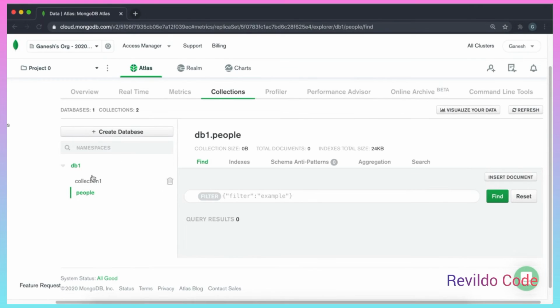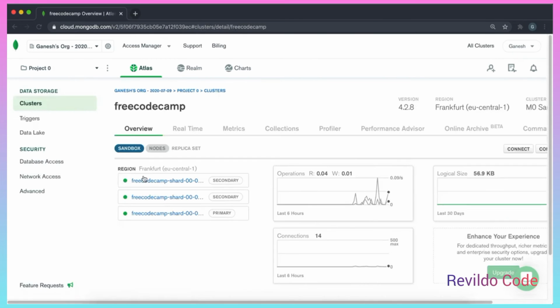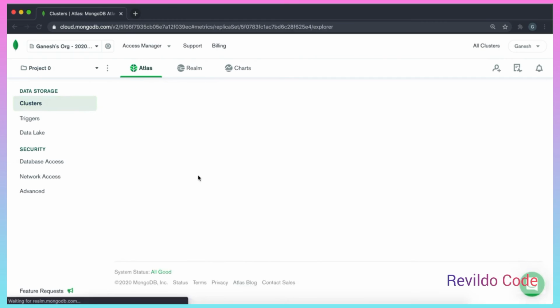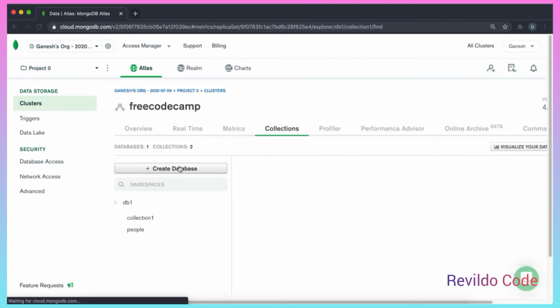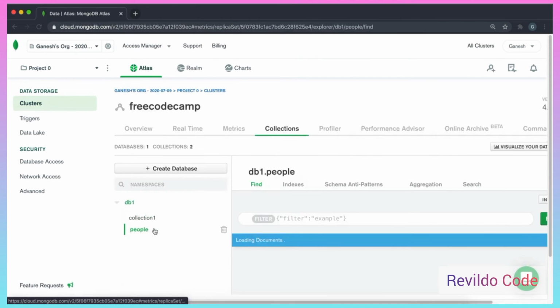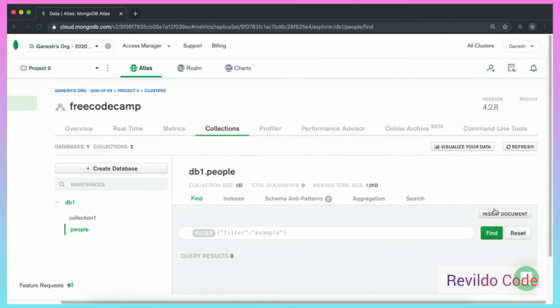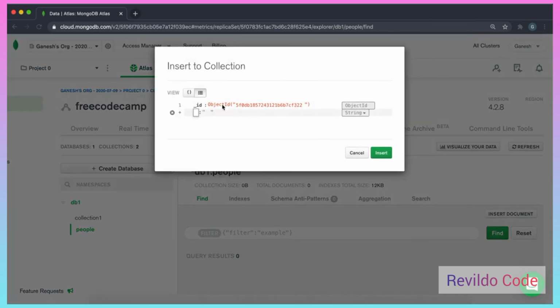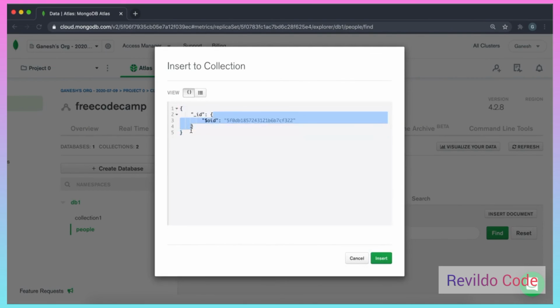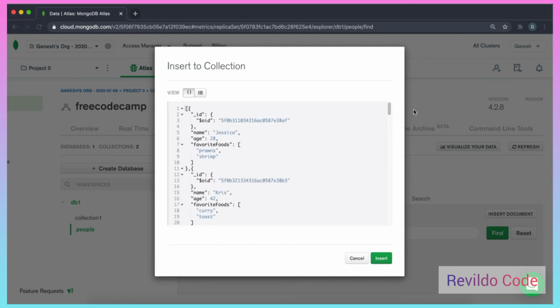data into your database, and then go and click on clusters and then collections right here, and then just go to your collection here, which is just called people because it's from the person model. And all you have to do here is click insert document, click this JSON button right here, remove all of this, and then paste in the JSON from the file I